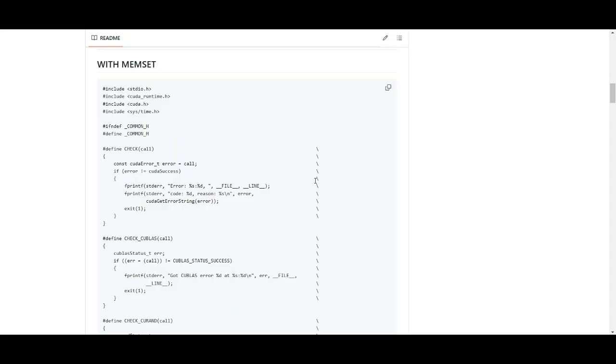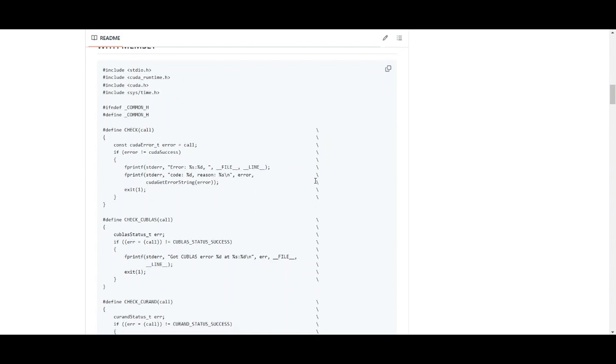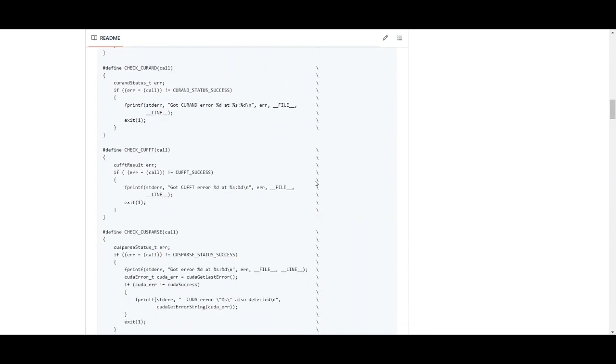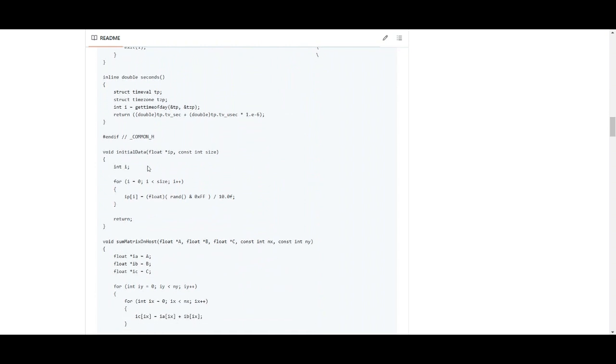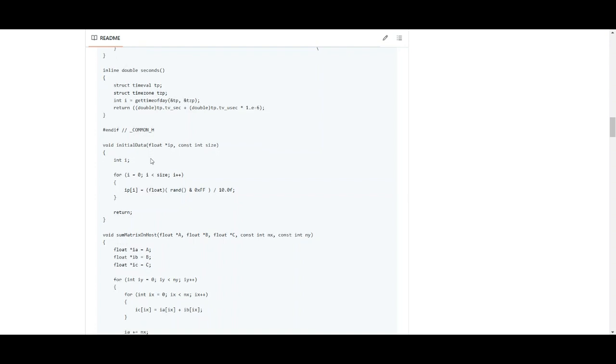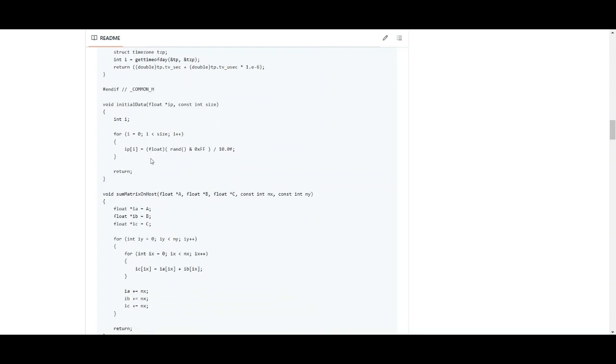Okay. In this code, the first thing you will notice is some error checking macros. These help us catch any mistakes when we are calling CUDA functions, which is super useful because it gives us detailed error messages if anything goes wrong. Next up, we have a few helper functions. initialData fills our matrix with random values, while sumMatrixOnHost performs matrix addition on